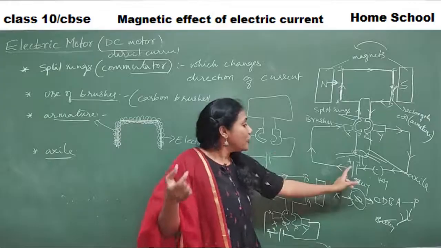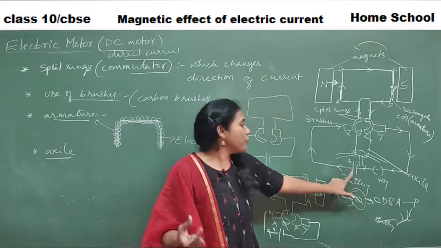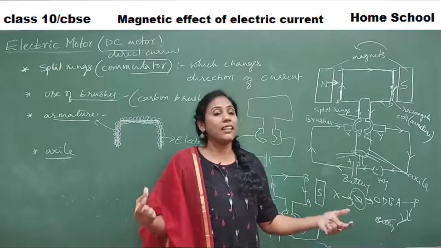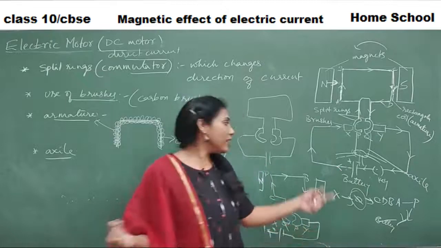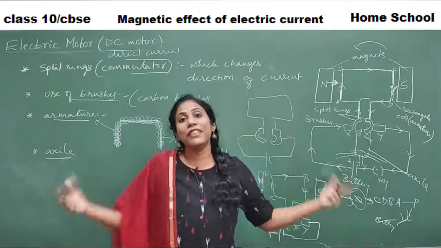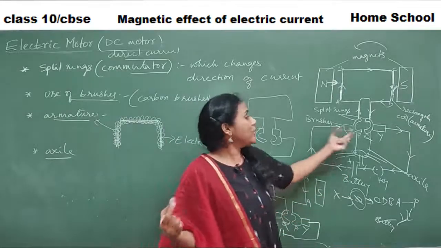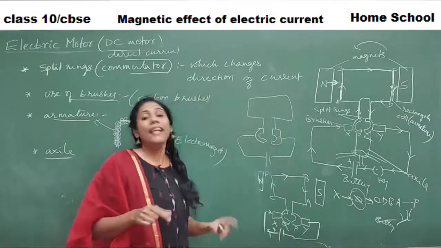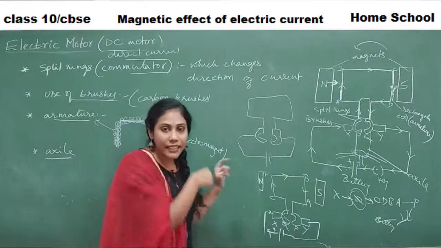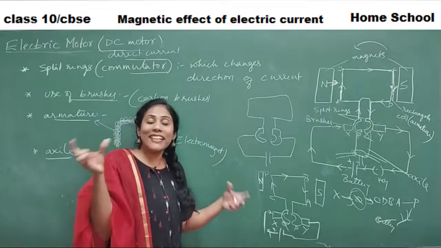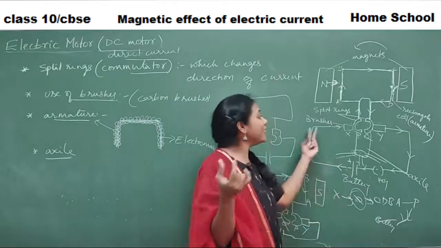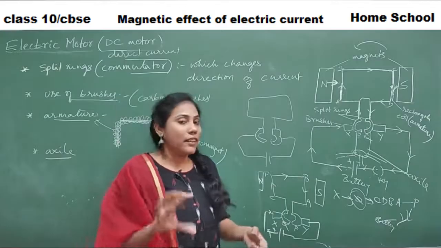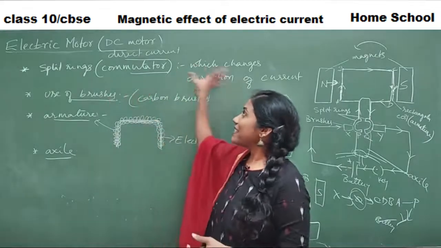Yes or no? But originally speaking, at the main source, current direction is in one direction only, and you are giving a constant current. You are not changing the current. You are giving the same magnitude of current into the circuit constantly. So such a current is called DC current. When a current is flowing in a single direction always, and also has the same magnitude, such a current is called DC current. That's why we call this electric motor a DC motor.